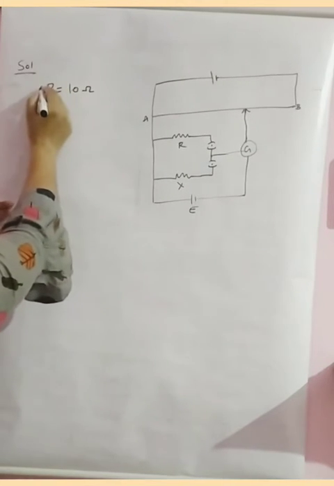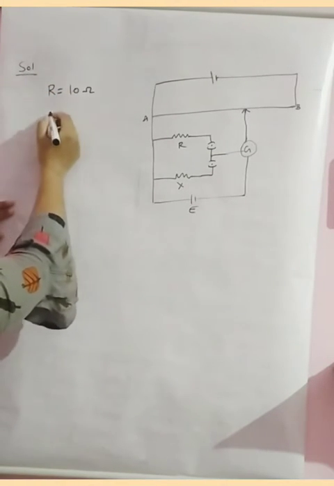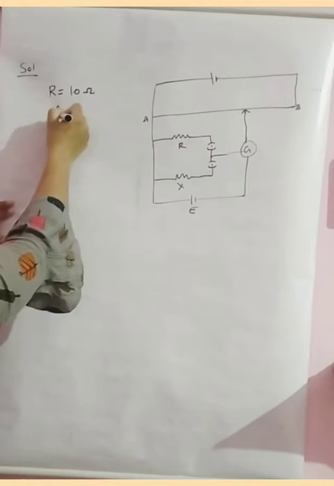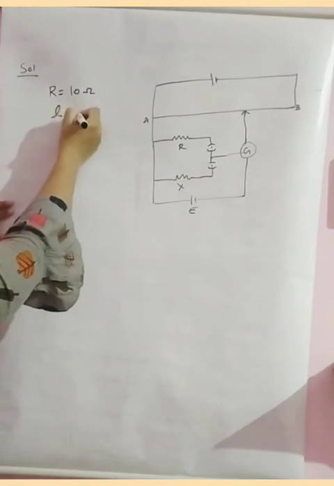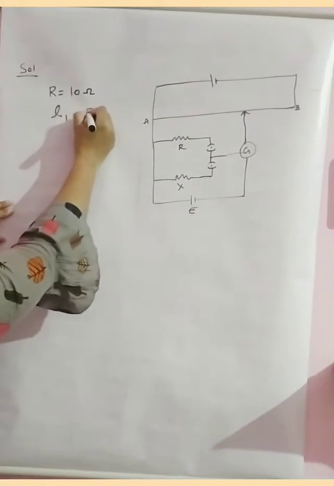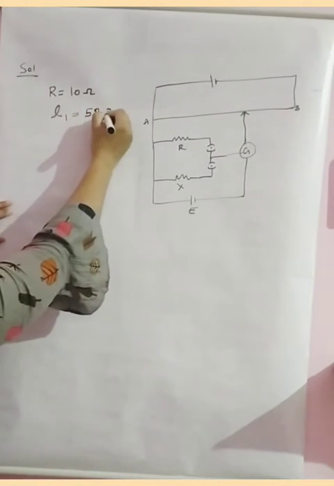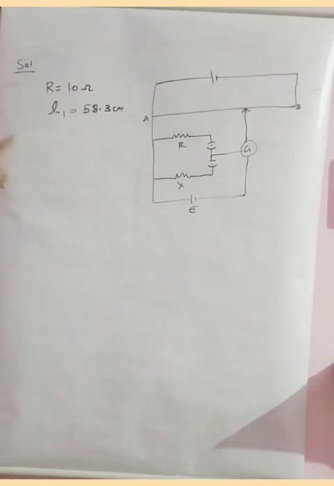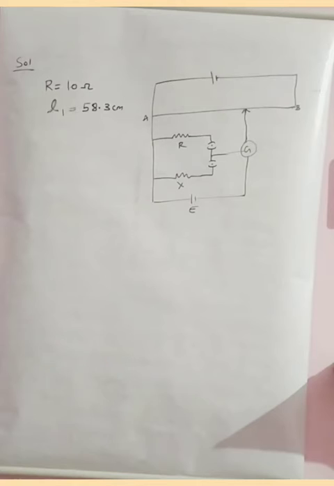Because of this resistance, we have found its balancing length, which is 58.3 centimeter. Because of this resistance we have got the balancing point of 58.3 centimeter, while that with the unknown